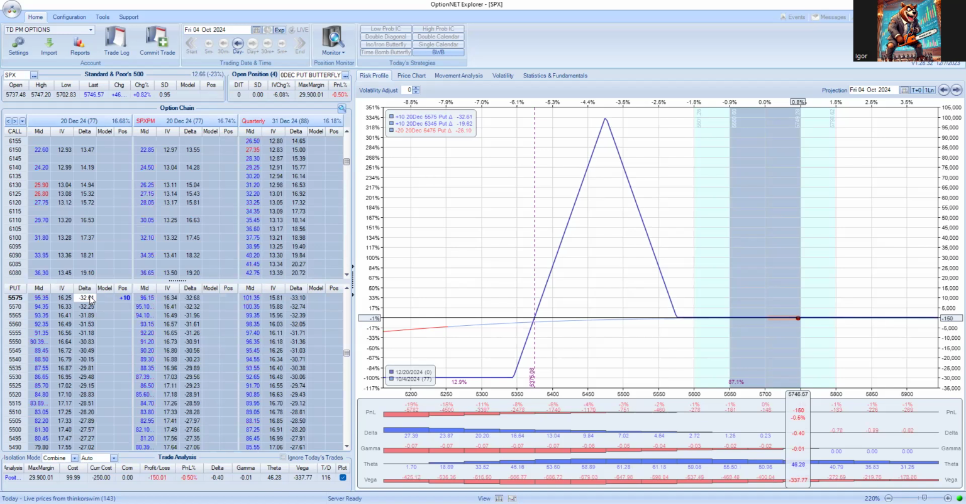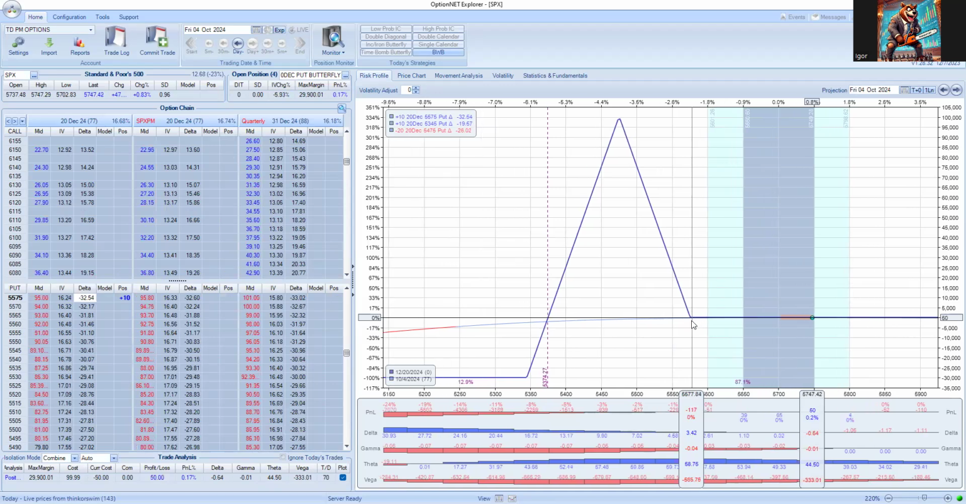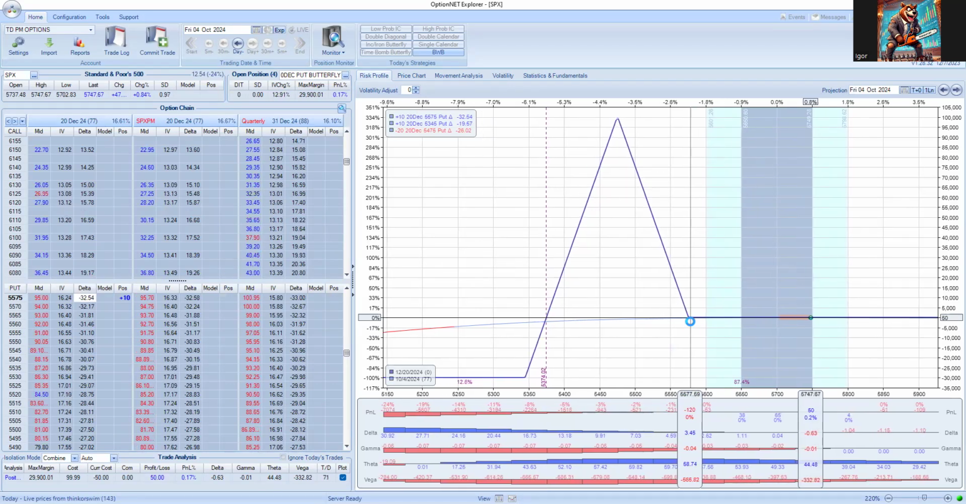So let's just call this delta 35, which means that there is an implied probability that the S&P 500 is going to be somewhere above 55.75 65% of the time. But that's not all, right? Because if we have a 65% probability of making this $100 that we collected up front, and assume we do nothing else, well,